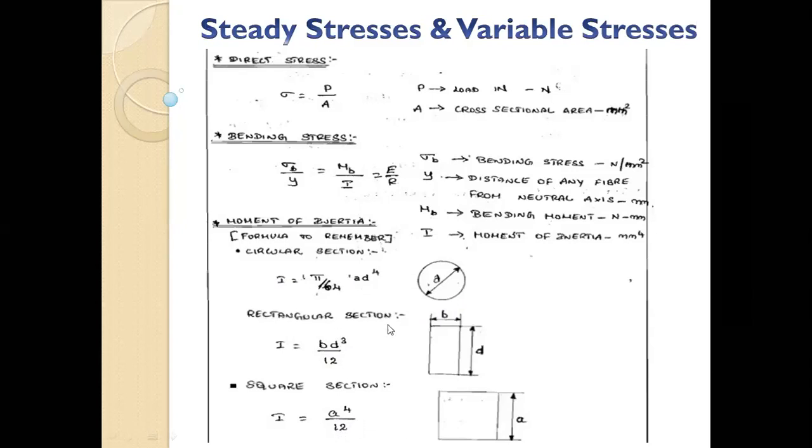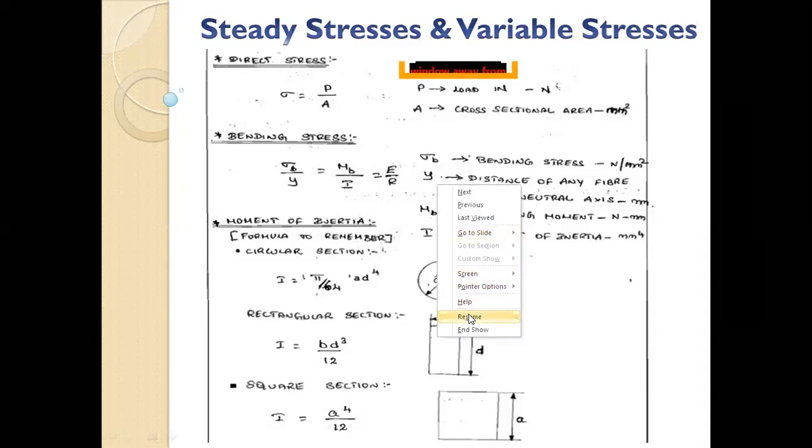So remember this important point: for a rectangular section, moment of inertia is given by bd cube by 12, and for a circular section it is given by pi by 64 d raised to 4. Once we know this, then we can find out d, and we can find out the dimension. This is how you will use the bending stresses to do the design. I will explain it again in tomorrow's lecture, quickly, because it is very important to understand these equations and how we will use them in our design.